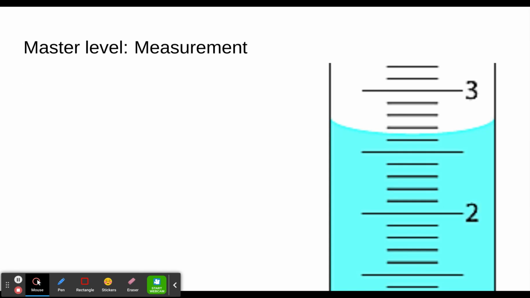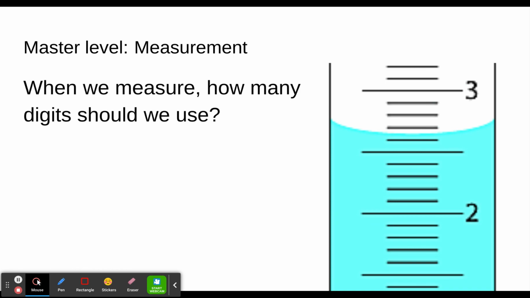When we go to write our measurement, how many digits should we use? How many of the digits are significant? Well, let's think about what we know for sure. We know for sure it's going to be 2 point something, right? Because it clearly hasn't reached the 3 yet. And if we look at the lines in between, we've got 1, 2, 3, 4, 5, 6, 7, 8, 9, 10. So that means each one in between here is going to be 0.1. So that means the bigger line here in the middle is going to be